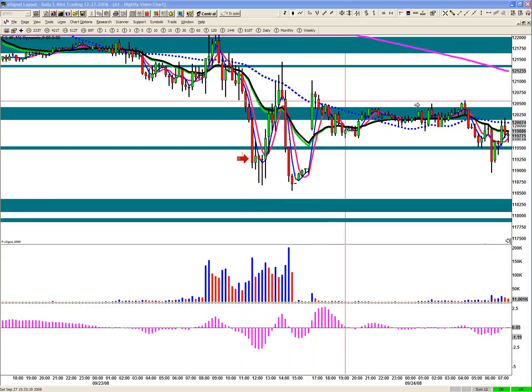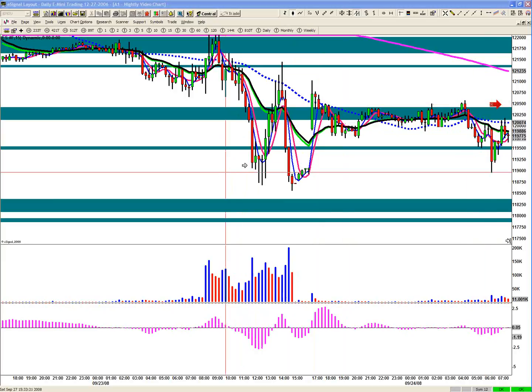I mean, you think about this. Look at this. This was 1205. By the time you got down to here, you were at 1190. You went 15 points in 2 bars. So what could happen? You could have a 4, 5, 6 point retracement. So what you have to do there is you have to be prepared. You have to say, okay,